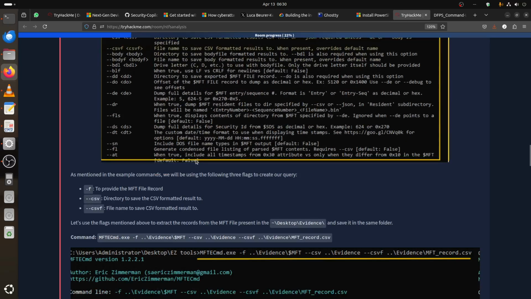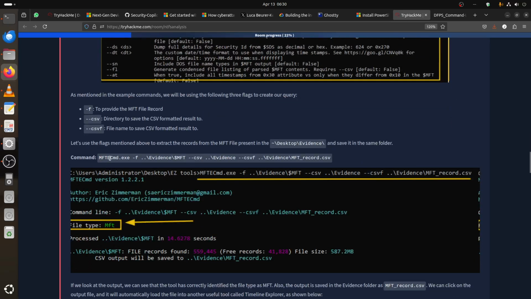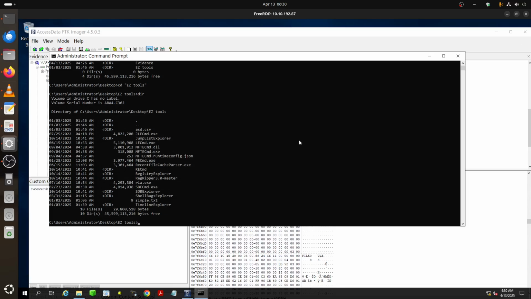So the command for it is straightforward. MFT -f, where you put the file. Let's copy this. Let me see if I'm in the correct directory. If I go out of the directory, this is correct. We save it in evidence, and then you give it a file. You give it where you want to save the CSV. We want to save it in evidence, and with the file name we call it